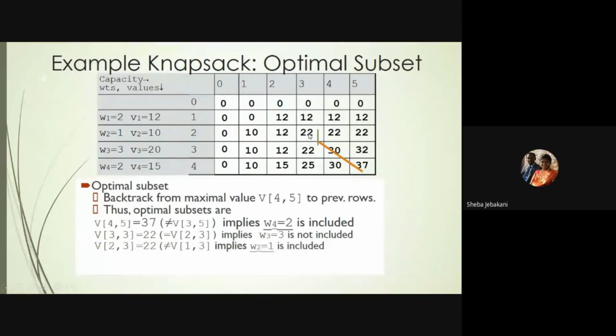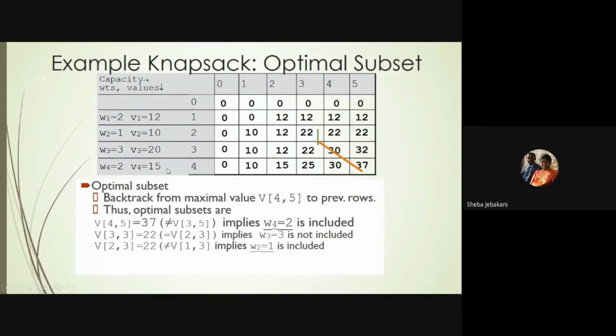So always whenever you're starting, first think if I have not selected this, then I should have got the previous value. So I'm checking if both are same. Since they are not same, then I know this is selected. So I'm going to wherever I have to be if it is selected. Then here I'm checking again if it is not selected. So both are same. I find it is not selected. So I go to this particular location, making x3 as 0.